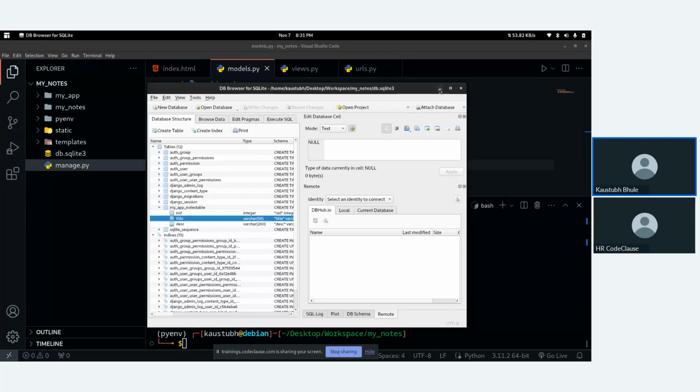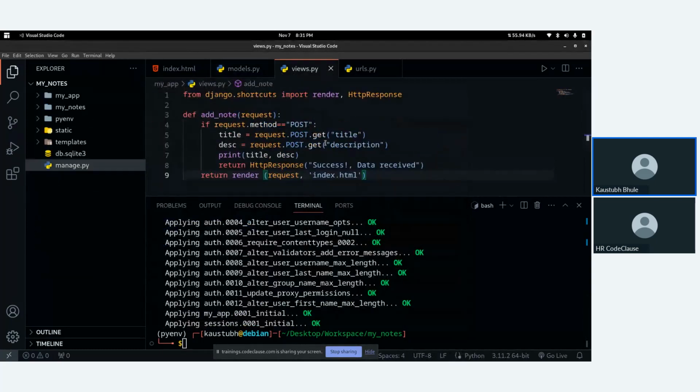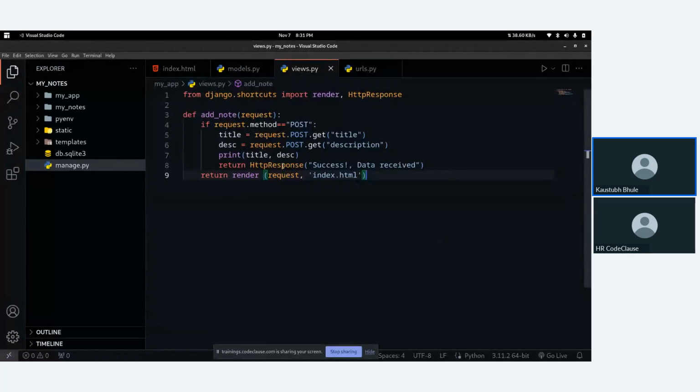Fine. Now let's try to save some data inside it. Let's go to our views. Fine. Now instead of print,